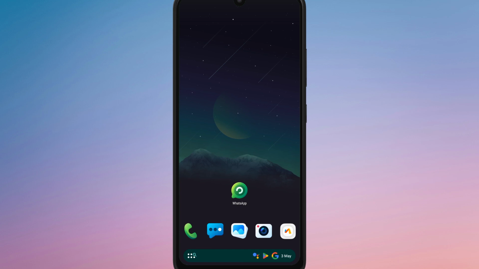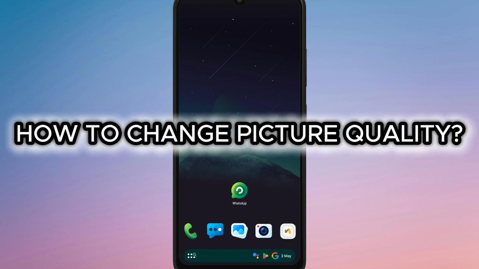Hello friends, in today's video I'm going to show you how to change picture quality on WhatsApp to send better